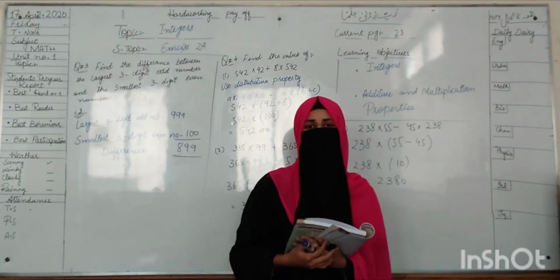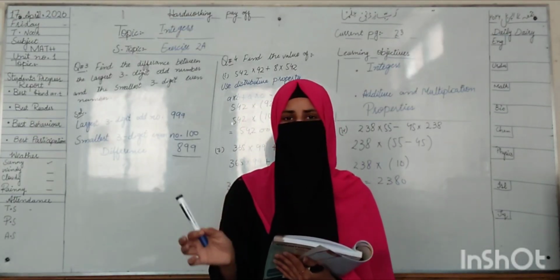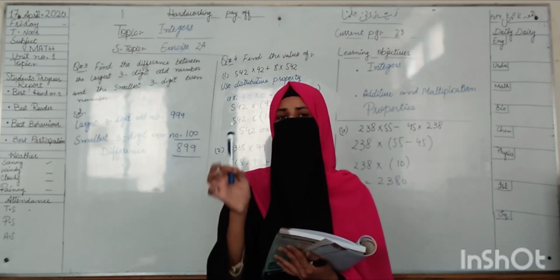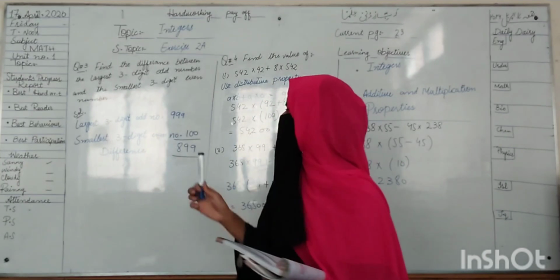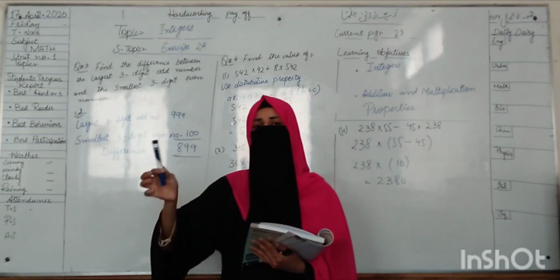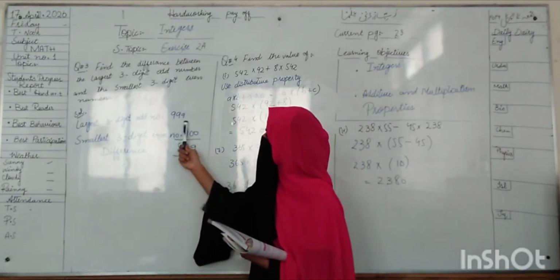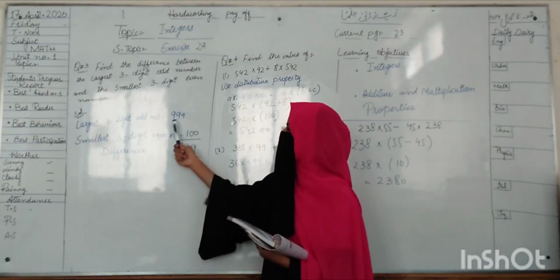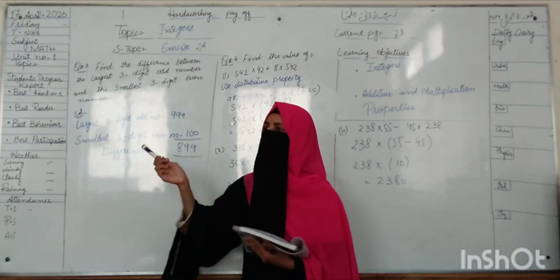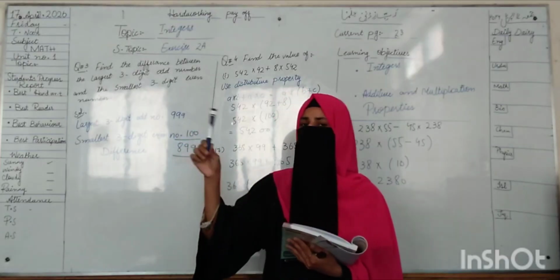Students, you know that the largest whole number among the natural numbers 1 to 9 is 9. The largest number is 9, and the largest 3-digit number is 999. After that we make 1000 and 1001, that's a 4-digit number. So the largest 3-digit number is 999 and the smallest 3-digit number is 100, because the previous number is 99 and after it come 101 and 102.